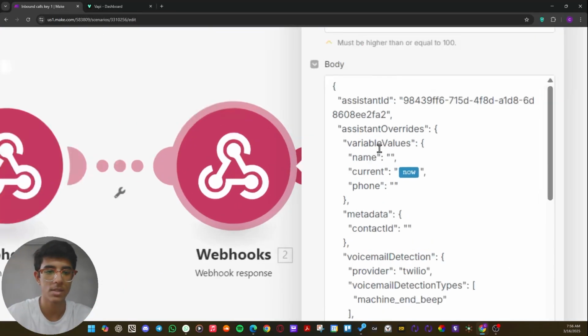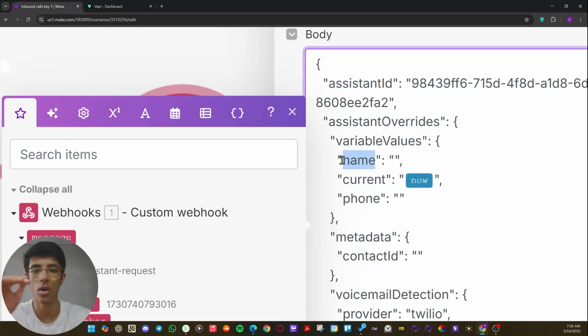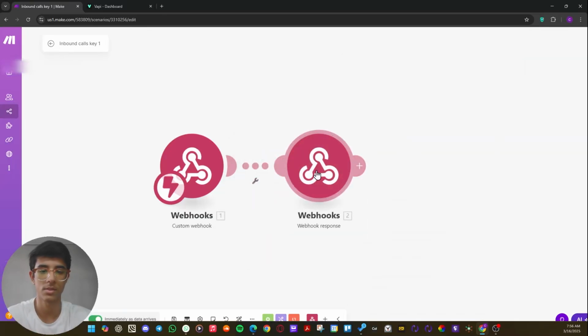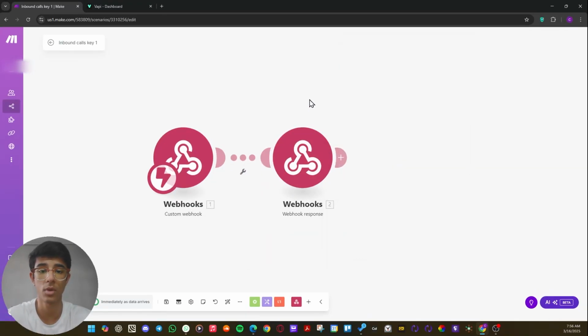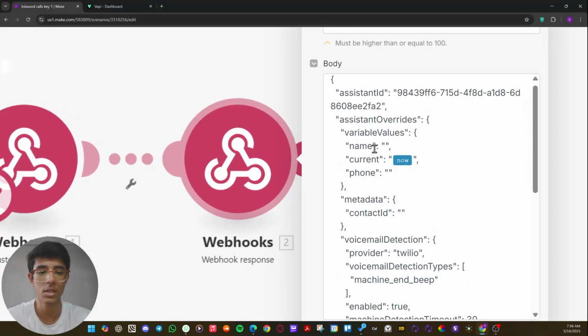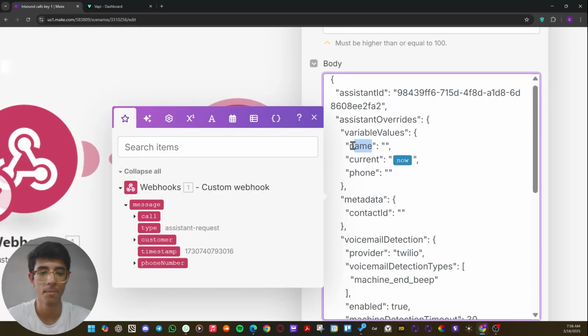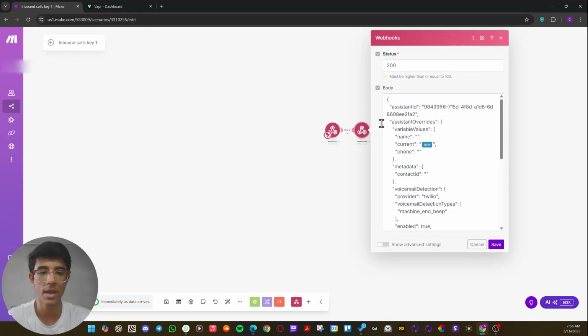The key is name. Name, all lowercase, no capital letter here. And let me make it clear: this is basically coding and programming, so everything is case sensitive, operator sensitive, everything is important here. You have to do exactly the same thing. You see the key for the first name was name. You have to copy this name here, and then what you're going to do next is